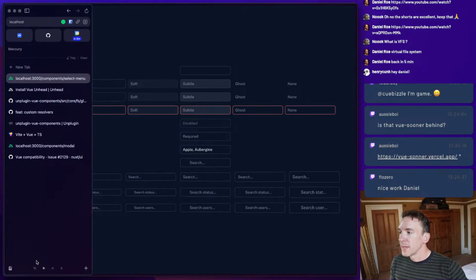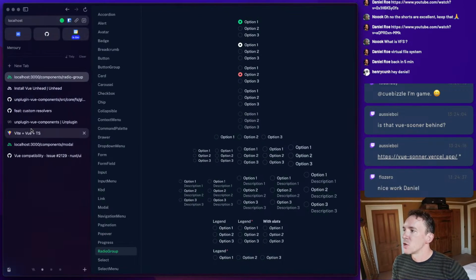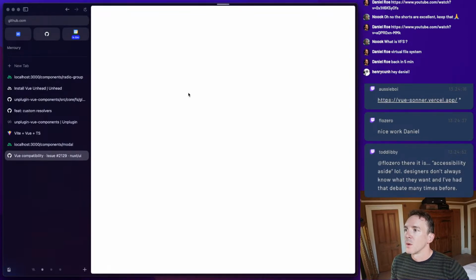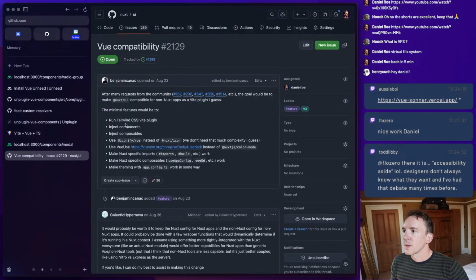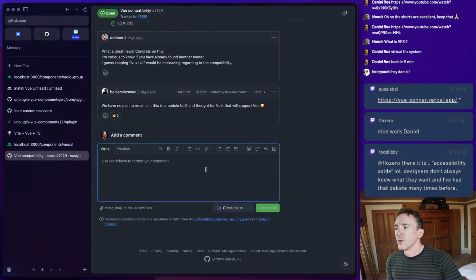So I think basically we're there. Now there was some stuff that Benjamin mentioned in the issue: iconify, view use color mode, and these are all working. Pretty much all working.